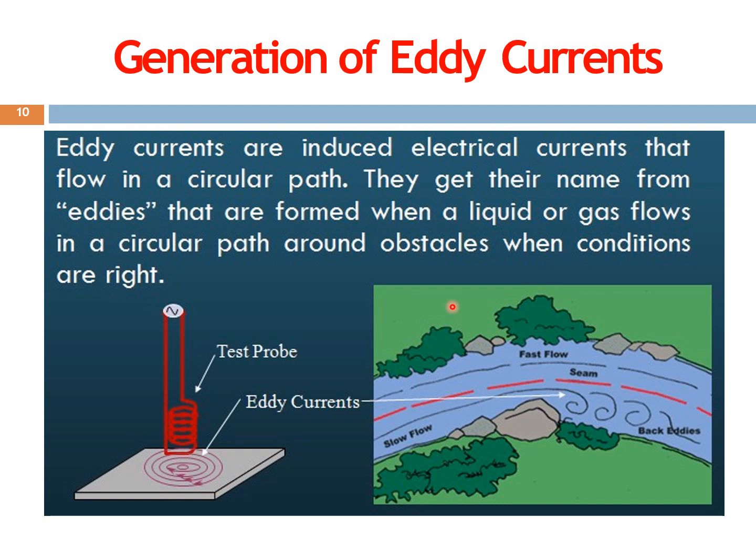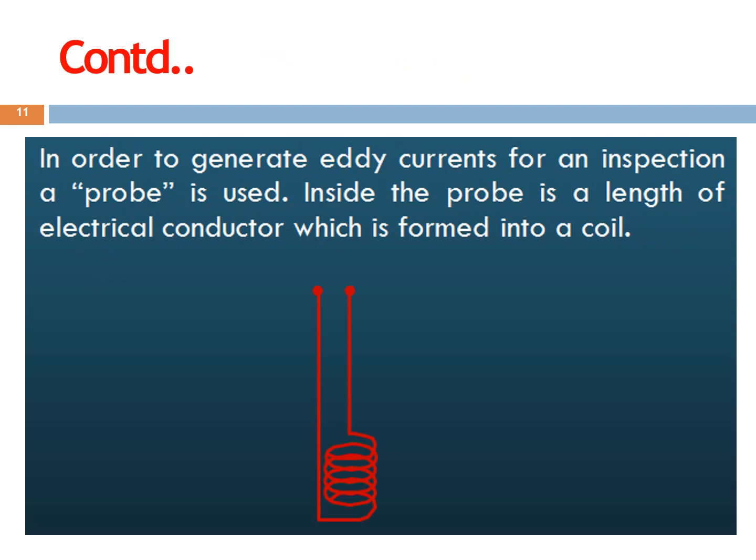Now why do we call it eddy currents, right? Eddy currents are, as you saw in the previous slide, induced electrical currents, induced because of electromagnetic induction, and as mentioned before, they flow in closed loops, or in a circular path. Now how do they get their name? They get their name because when a fluid, a liquid or a gas, is flowing, there are conditions in which it can form eddies. Eddies can form inside the flow due to the rotating tendencies of the fluid. According to the same principle, we named them eddy currents.